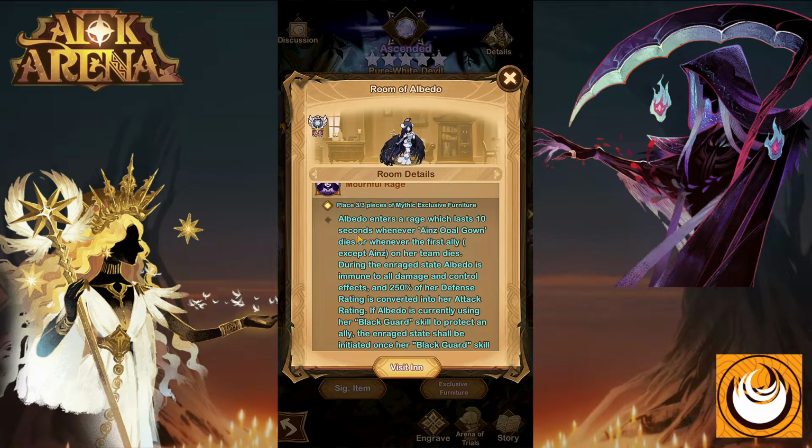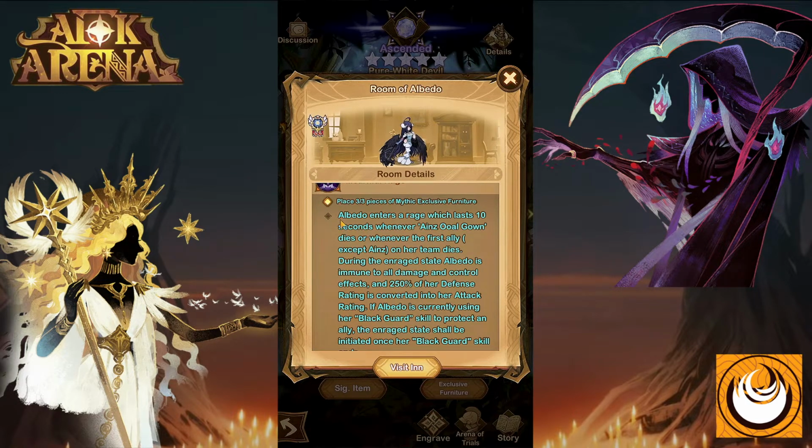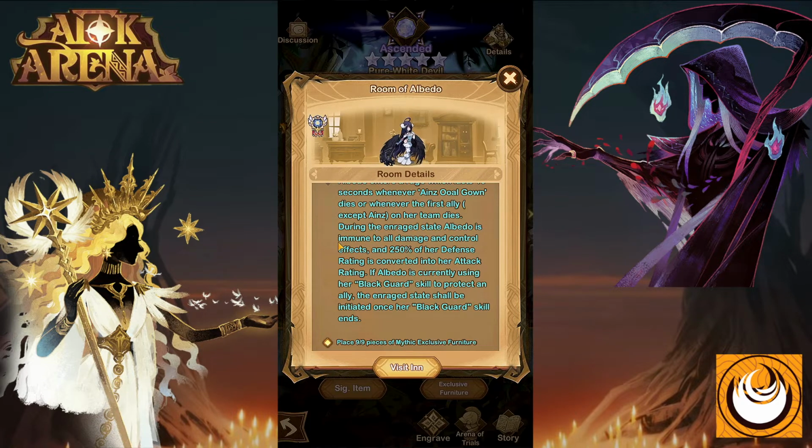So her 3 out of 3: Albedo enters a rage which lasts for 10 seconds whenever Iron's own goal dies, or whenever the first ally except Iron's on her team dies. During the enraged state, Albedo is immune to all damage and control effects, and 250% of her defense rating is converted into her attack rating. If Albedo is currently using her Blackguard skill to protect an ally, the enraged state shall be initiated once her